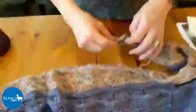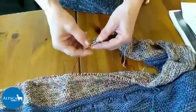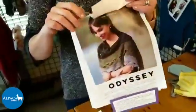Because I have marked my right-sided row, with pink, or close to pink colors I could find. And I know when I'm working on that side, I'm increasing across the row. And then the next row after that is what we call a rest row, meaning I'm knitting the pattern without increasing. So if you guys haven't seen this knit along before by Joji Locatelli, which is called the Odyssey Shawl,